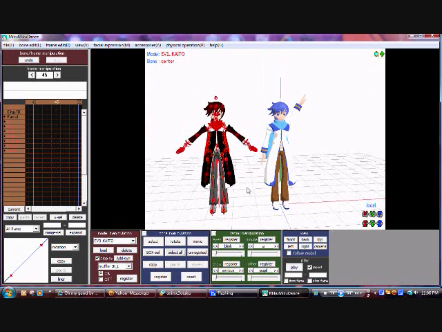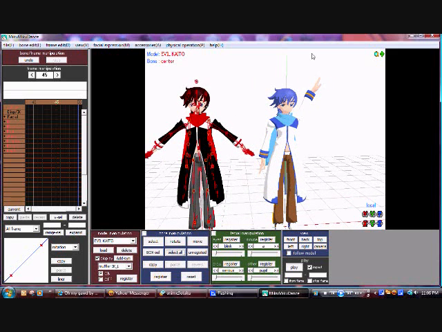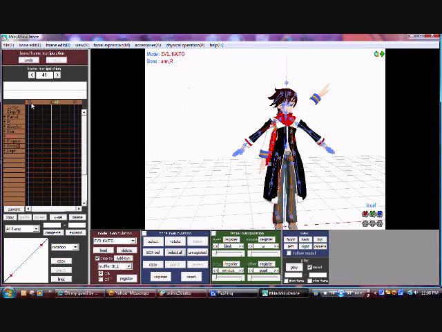So here he is being all evil Kaito-y. So put his arms down because, like I said, that's extremely tiring. And we have to go back to... Crap, that was stupid of me. Now we have to move him...